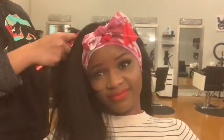Look at that hair. It looks so natural. But when she asked me if I wanted to get it straightened, I said yes, because I was not gonna be the one to do it. She was doing it for me, so I figured, you know what? I much prefer the wig in its natural state because it looks like my real hair,